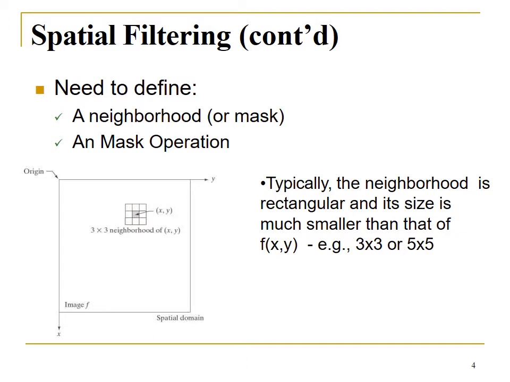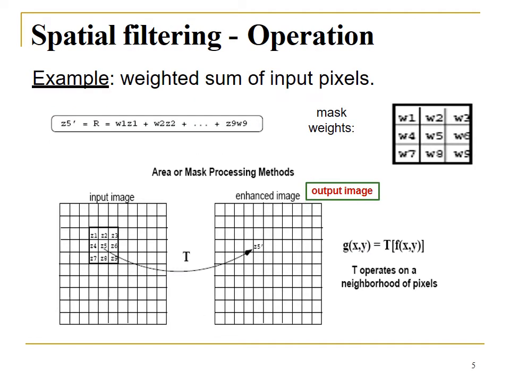Okay, so now we will see how we define the spatial filters. We operate using two techniques: by considering the neighborhood pixels, or by choosing a mask operation. In mask operation we take the pixels in a 3 cross 3 neighborhood, or 8 cross 8 neighborhood, or 5 cross 5, or according to our convenience we can choose the number of pixels for the mask operation. For example, you can see that we are taking a matrix of 3 cross 3.